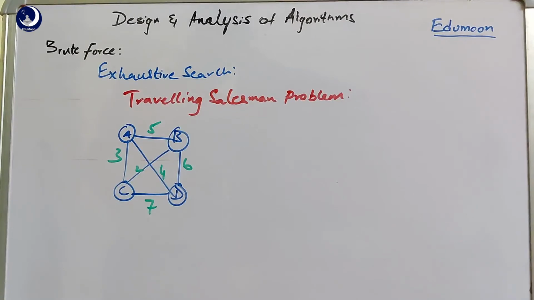Here the total cost, that is the travel distance by the salesperson, should be the least. That's why this problem is simply a Hamiltonian circuit with the least cost. That is the problem. Now if there are more cities, like here we have only 4 cities, if there are 5 cities, we can take a complete graph with the 5 cities, because we assume that every city is connected to every other city, that is, there is a path from every city to every other city.